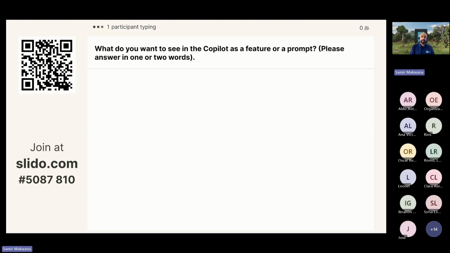So the one I want to see, okay, let me use the QR code and enter that so that you guys can see what I typed. But the one I want to see, which didn't work today, is task assignment. Task assignment is one of them.